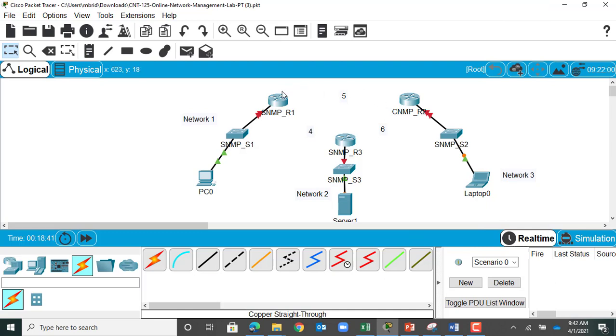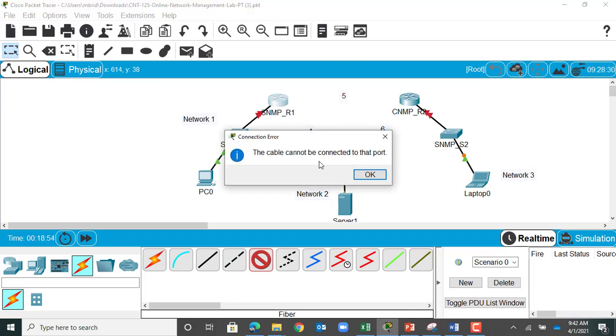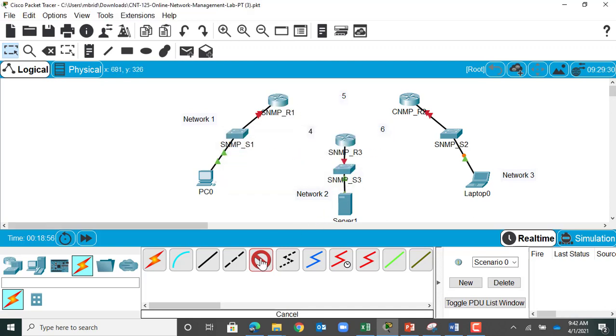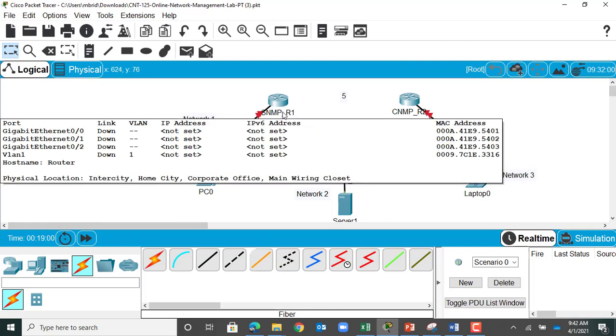Okay, so our network's almost built. Now, we would like to use a fiber optic connection to go from here to here, here, and here. But as you see, if I try to do that, I don't have a connection that I can use for my fiber. So I'm going to need to turn off my routers and then add some fiber ports to our connection. So let's go ahead and start off with